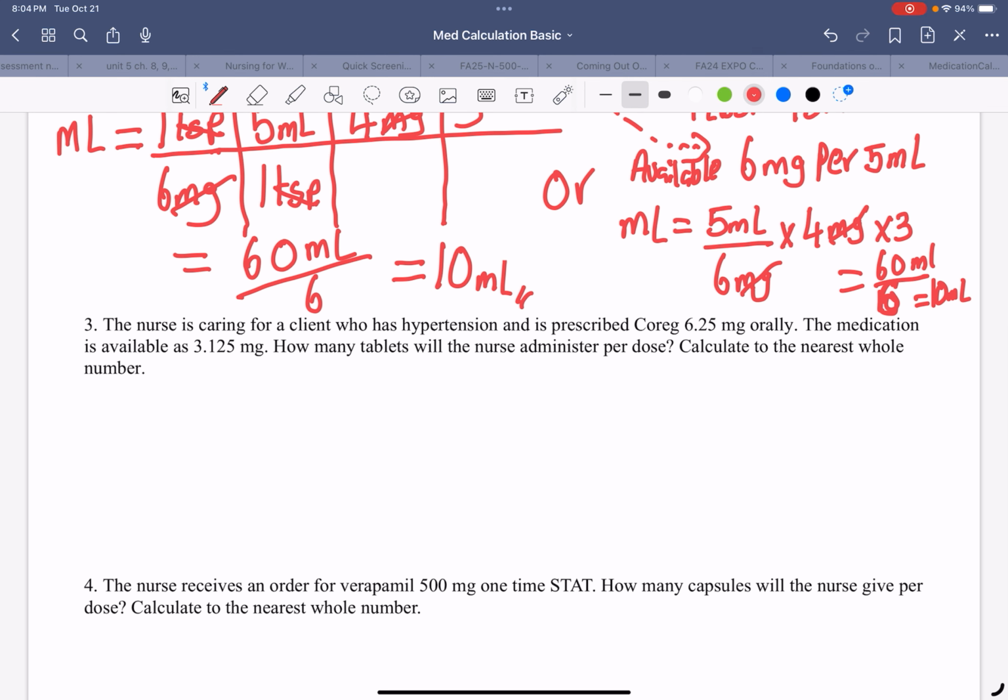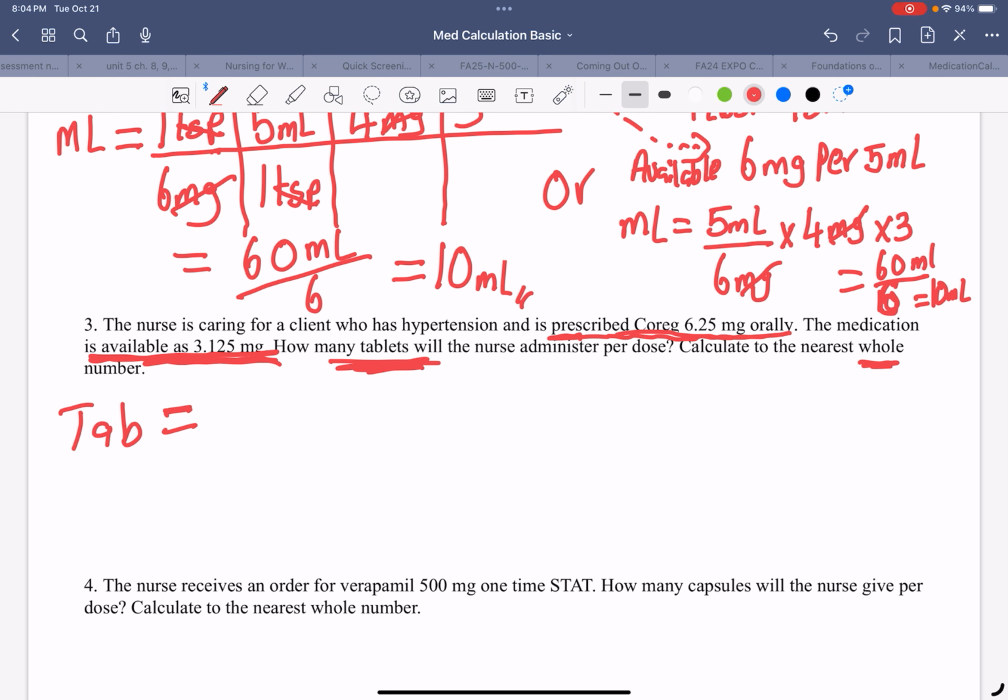All right, let's go ahead and solve this together. So again, this is what was prescribed, and this is what is available, right? And we are looking for tablet. So now we're looking for a whole number. So now we can write tablet right there again, nice and put in what you are looking for, equals